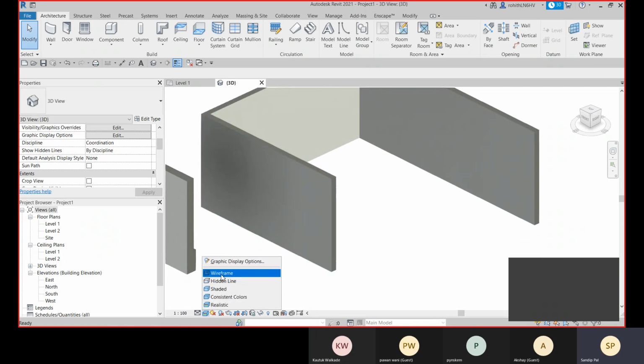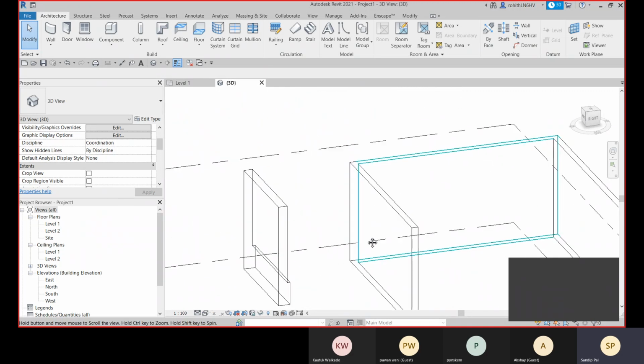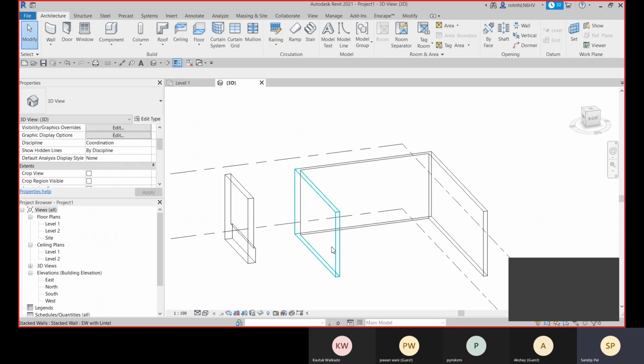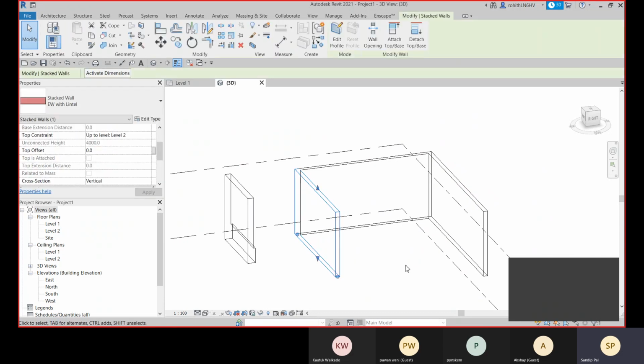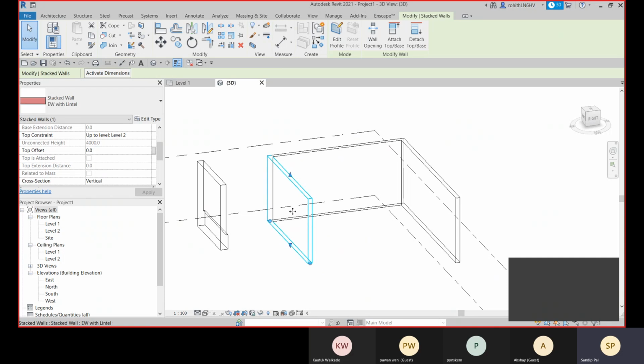If you need to see, you can go for the section. Or else what you can do, you can explode this. We have this explode option, and you will have all the different elements of your wall. So that I don't need, right?